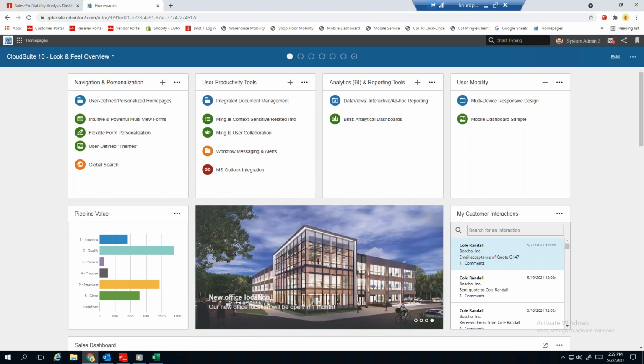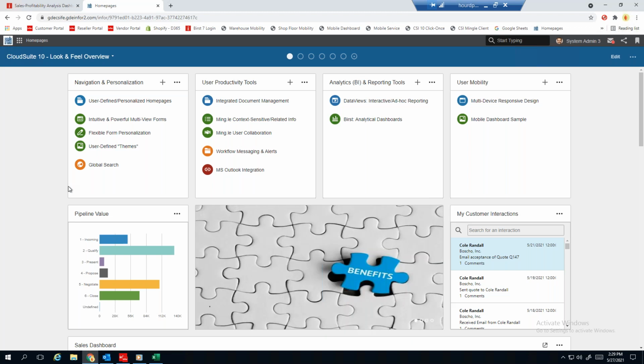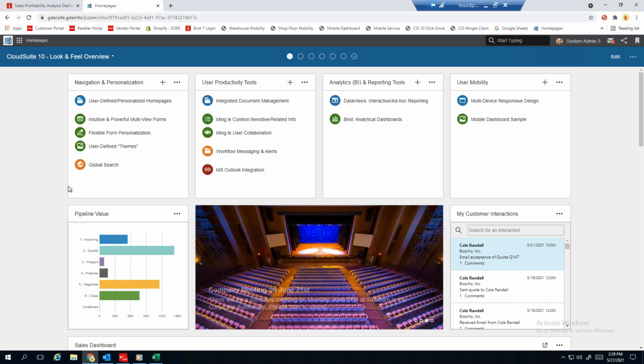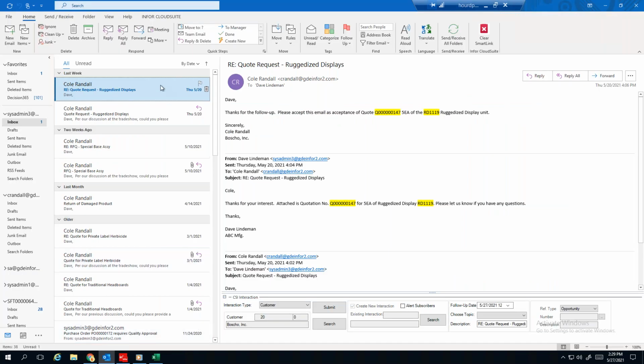All right, we'll talk a little bit about Microsoft Outlook integration. We've seen examples of import and talked about export to Excel, which is all common stuff, and most likely most of you have had some experience with some of that. I'm not sure all of you may have experienced the Outlook add-in. So I'm going to take you to my Outlook inbox. In this case, we had some correspondence from Cole Randall. So this is kind of a